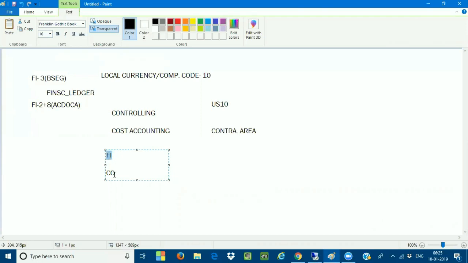Controlling is mainly for internal reporting, to control the cost. How we can control the cost, what type of cost has been incurred during the manufacturing of a product. How to transfer, how to do the assessment of the cost, how to do the distribution of the cost. What is product cost controlling? There are several components in the controlling module.